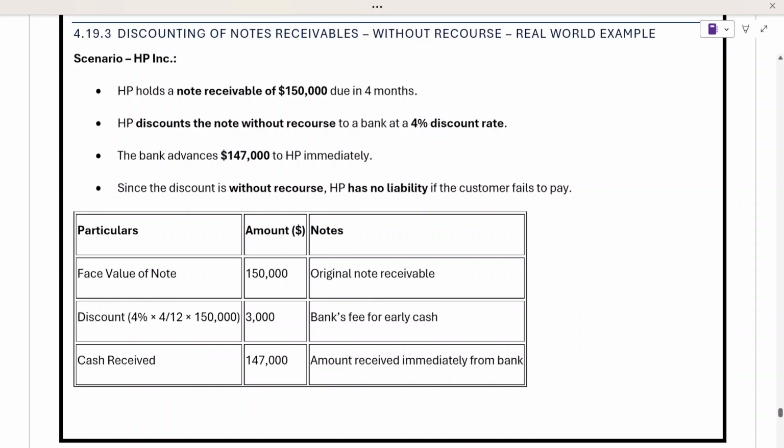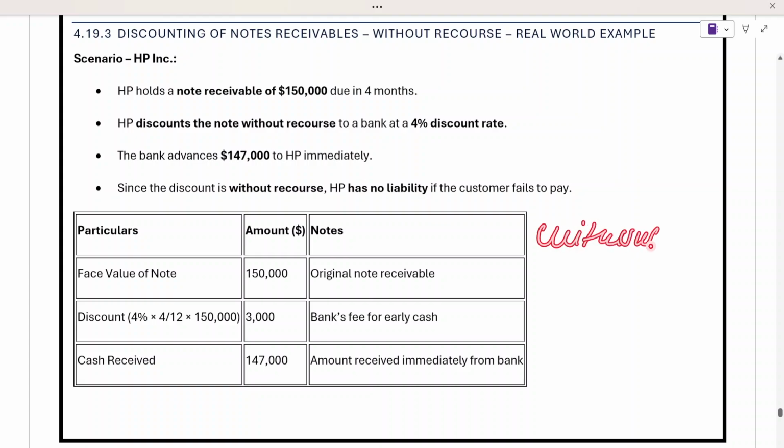So since this is a without recourse discount, HP has no liability if the customer fails to pay. Now, if the customer who is going to pay $150,000 after 4 months doesn't pay, then simply HP won't have any liability. Why? Because the agreement will mention that this is a without recourse arrangement,